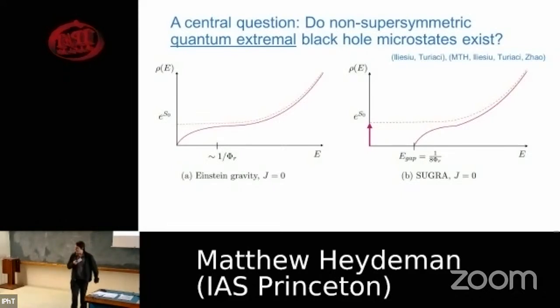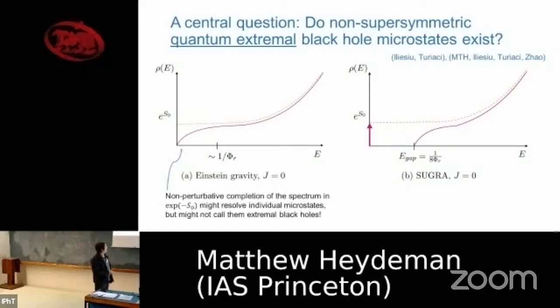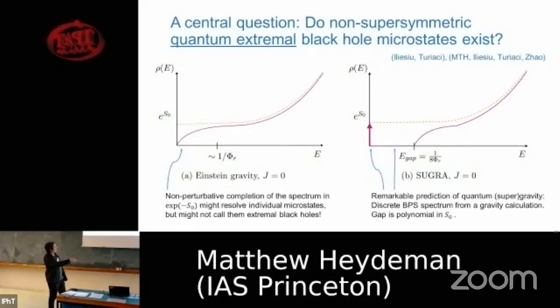Right now I haven't really written a lot of equations, but I'm getting a lot of questions. The equations are coming, we'll get there. So my claim is that we can do this from the 3D point of view. We can do this for a 4D flat space black hole, AdS3 black holes. Okay, let me say, I said all this in words, but this is sort of a remarkable prediction of